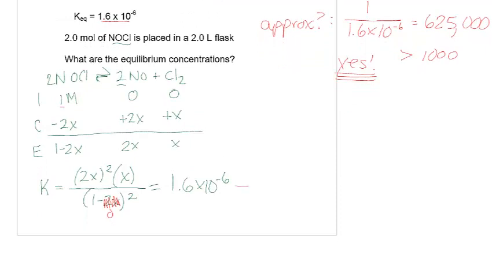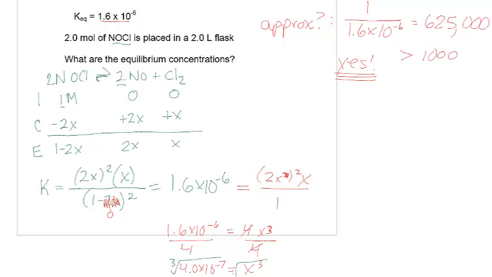So what that turns our KEQ equation into is 2x, the quantity squared, times x, over 1 minus 0 squared, which is just 1. So then we have 1.6 times 10 to the negative 6th equals 4x squared times x, so that's 4x to the 3rd. Then divide both sides by 4. So x to the 3rd equals 4.0 times 10 to the negative 7th. Then to get x by itself, we can cube root both sides, so make it to the 1/3 power. So then x turns out to be